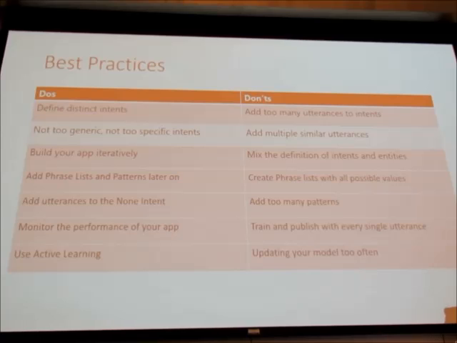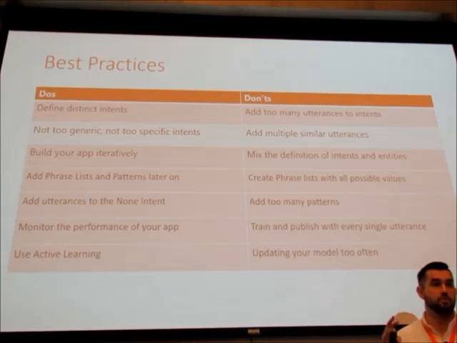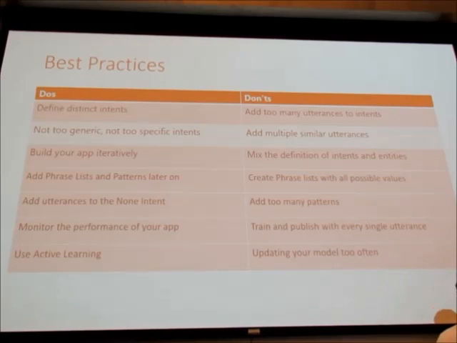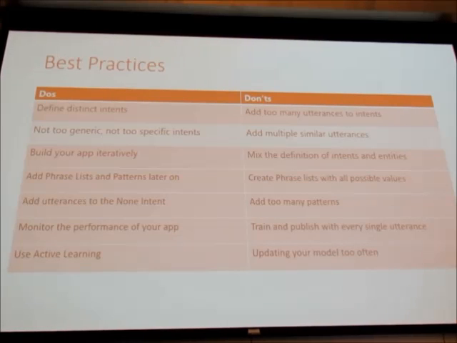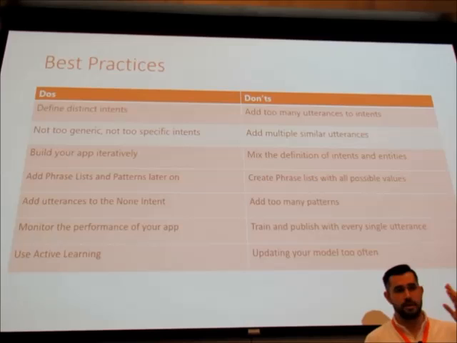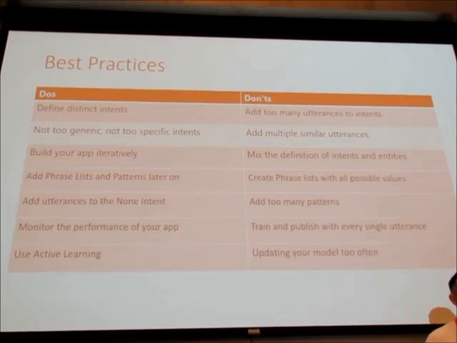Another big one is, I wouldn't use phrase lists and patterns right away. I would try to use list entities, get off the ground, see how your model's doing, and only when you start really getting into corner cases where your model is performing poorly, start bringing in the other improving factors, as it can be quite difficult to get it right the first time. And the main thing is that it's an iterative approach, so you don't want to design four intents off the bat. You want to design one, get it working, get it to understand your intent properly, and then add another one. Then see how they both work together, and then add a third one.